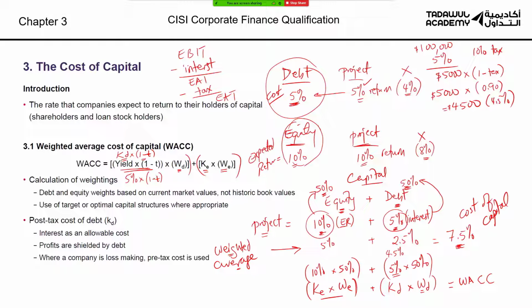So usually a company issues debt, bonds, and it issues ordinary shares. So this is the cost of the bonds and its weighting, and the cost of the shares, which is the expected return, and its weighting. But also, a company can issue preference shares, and preference shares carry a fixed dividend payment. So if you're given a question in the exam where there is a preference share, you just have to add the cost of the preference share times its weighting, if there is a preference share issue.